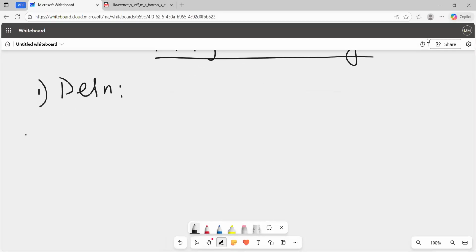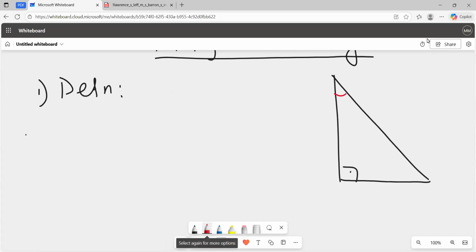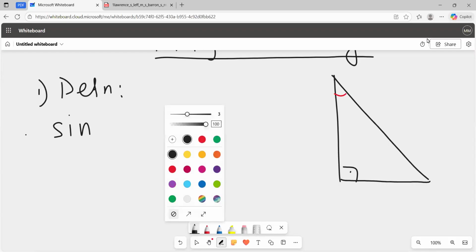Definitions. Consider that we have a right triangle, and let us choose one acute angle in the right triangle. Then sine of this acute angle